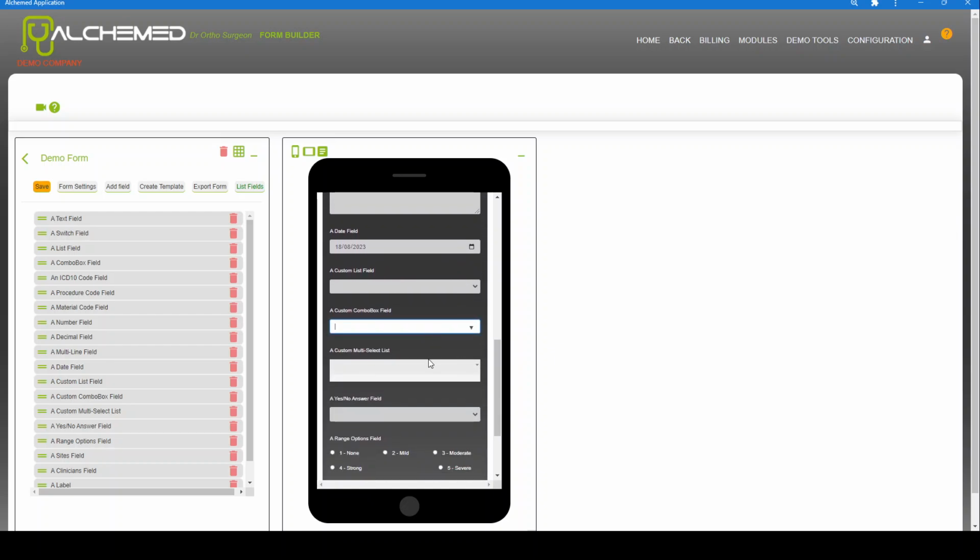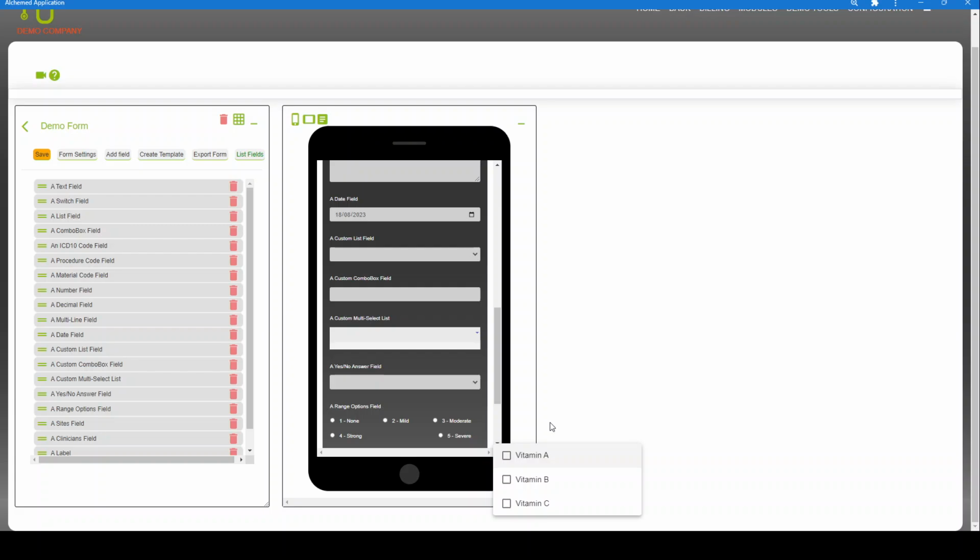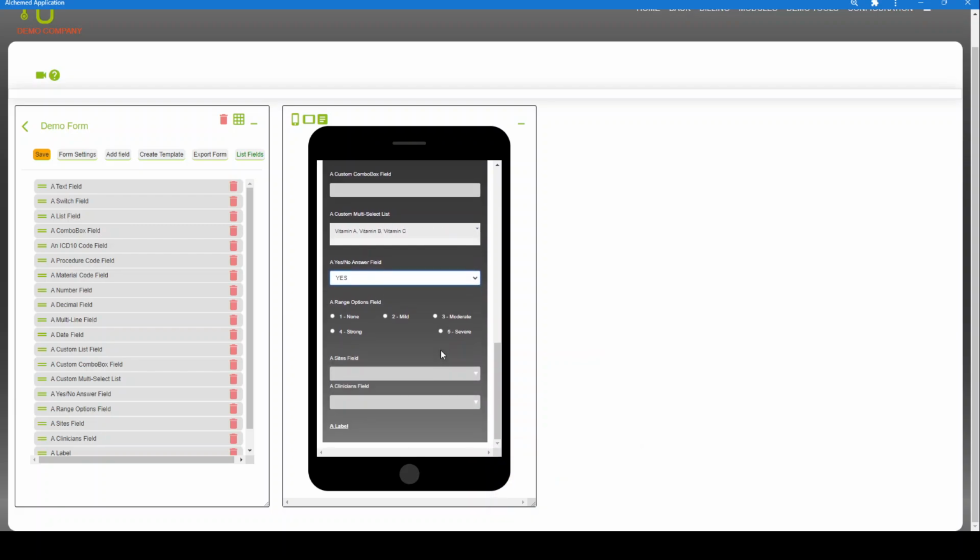Custom list multi-select. A custom list multi-select field type is the same as a custom list field type, but it allows multiple selections. Yes, no answer. The yes, no form answer field type simply presents a list box with the options yes and no to the